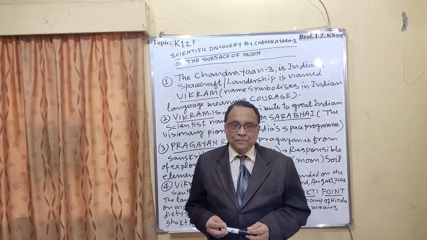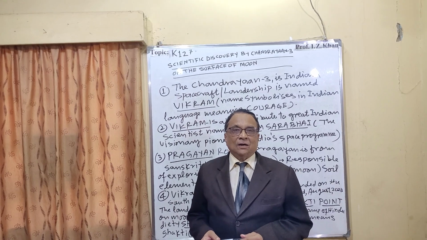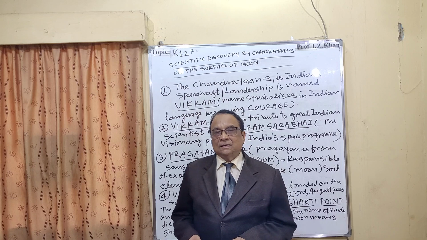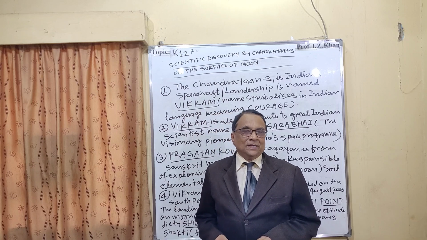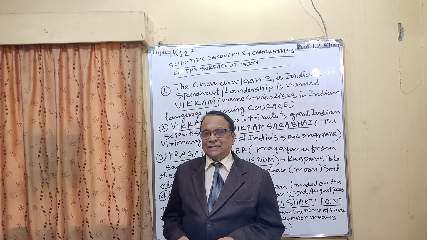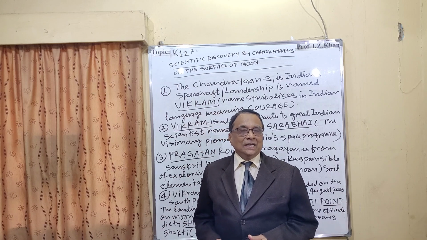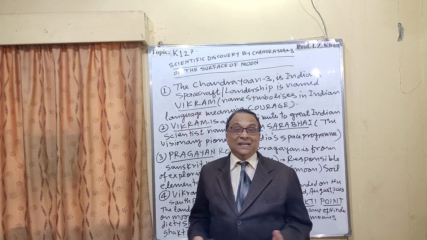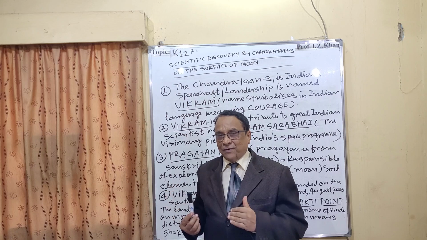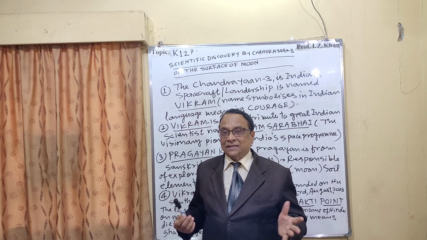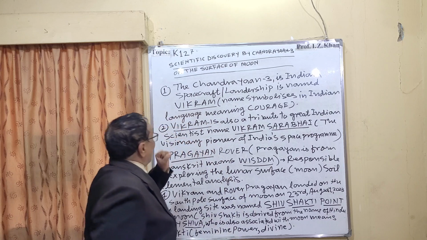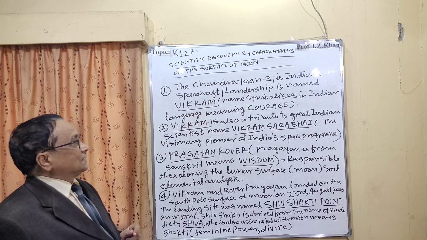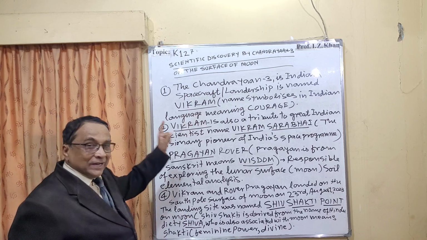And here I have given the names of the Chandrayaan-3 instrumentation, which is given in Indian language, very classical, that is Sanskrit. And many of the foreign students, even in Nigeria, ask the question, what is the meaning of all this? So I have just simplified it, to the best of my knowledge and sincerity, here. So number one, the Chandrayaan-3 Indian spacecraft, that is the lander, is named Vikram.